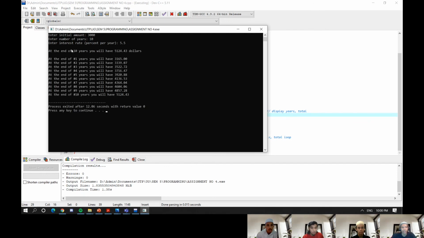And this is the result for the first loop, where we see that at the end of 10 years you will have $5,124. And this is the result for the second loop, where we see the output of the years the user put and the money that the user gains for each year.